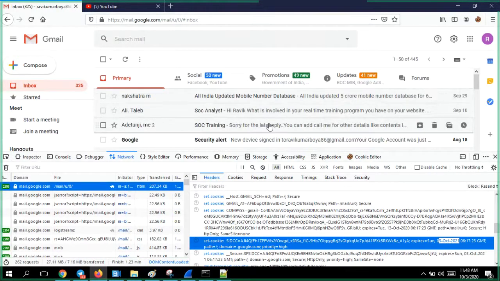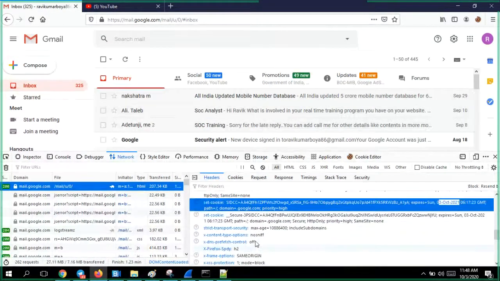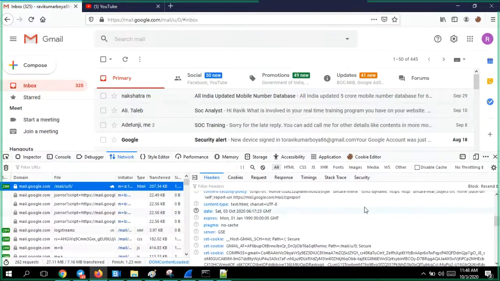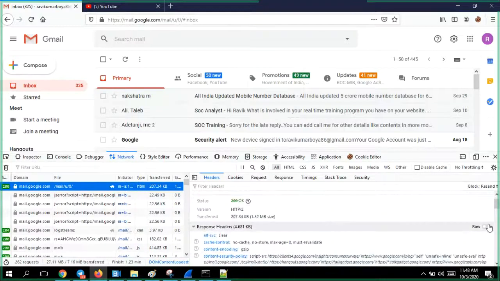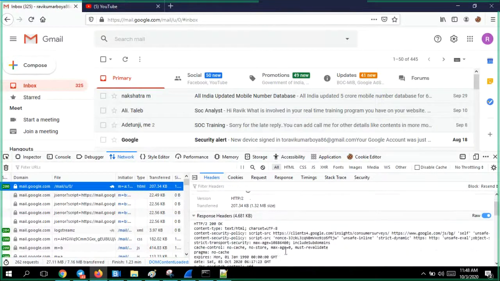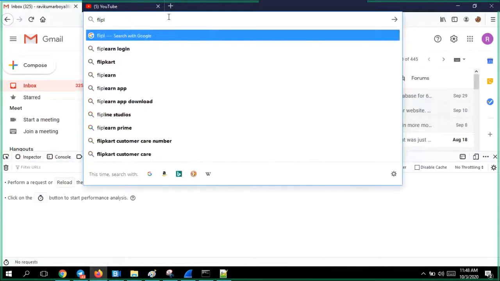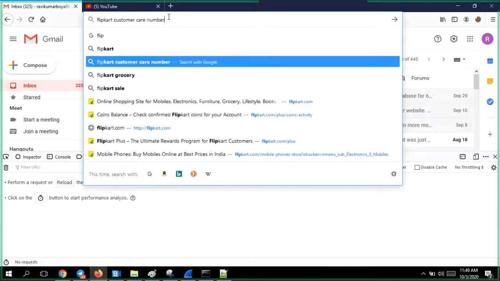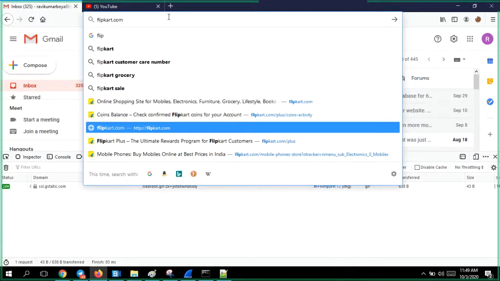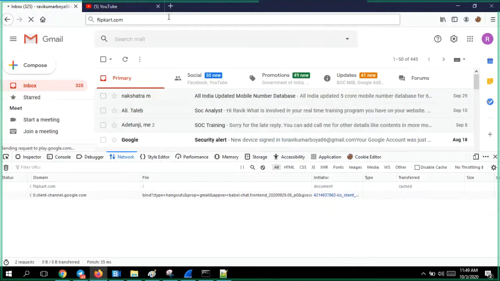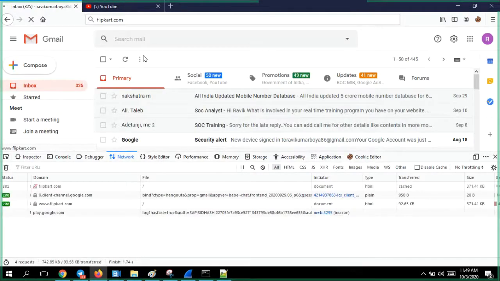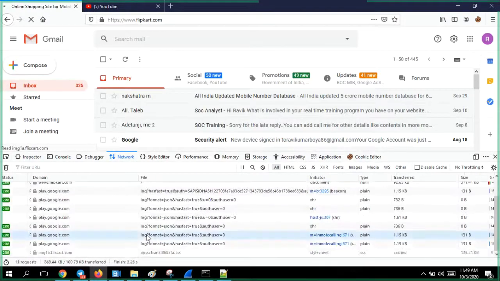So these are the different kinds of information that you will be seeing in a request. Let's see if any other information is there. Flipkart is the best, because that will be a web page. Flipkart.com, let me show you.